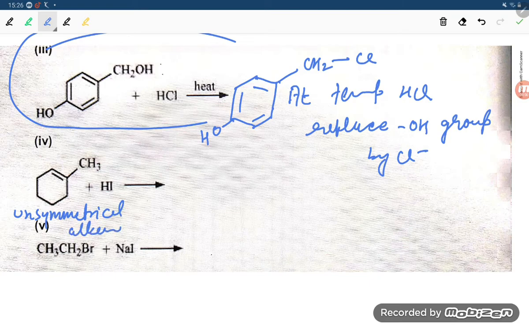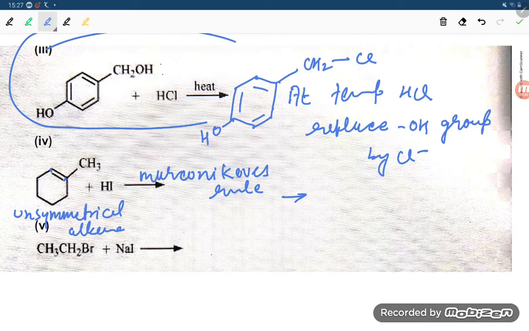So an unsymmetrical alkene, if you are treating it with HI and there is no peroxide, will follow Markovnikov's rule. If it is following Markovnikov's rule, student, where will the hydrogen and where will the I attach? Let us check it out in this one. Markovnikov's rule says that the negative part of the reagent adds to the double bonded carbon atom which has a smaller number of hydrogen atoms,